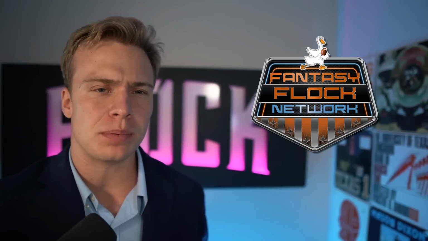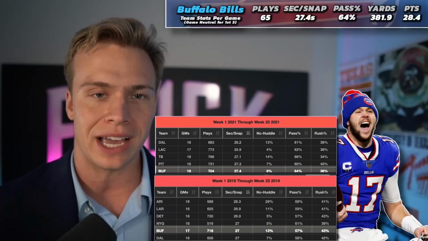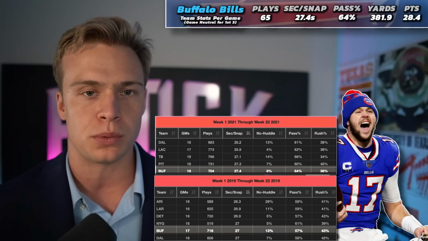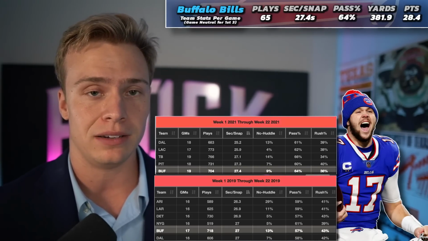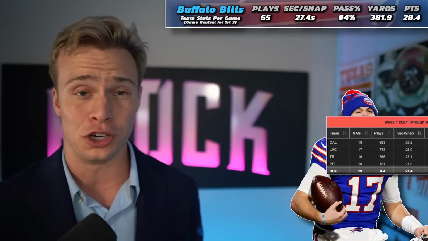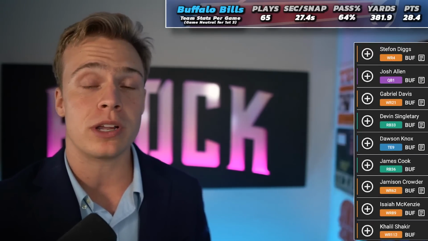Going over, another safe option that you have is going to be the Buffalo Bills. Now with Buffalo, of course, this is priced in, but they were the number 5 offense in pace of play in 2019, the number 12 offense in 2020, and the number 5 in 2021. This is a very good team that, if we were to only look at good weather games, I'm sure they would actually finish a little bit higher than this, because if you're playing in Buffalo in the winter, you're probably going to slow down that pace of play ever so slightly. But this is already priced into the market.